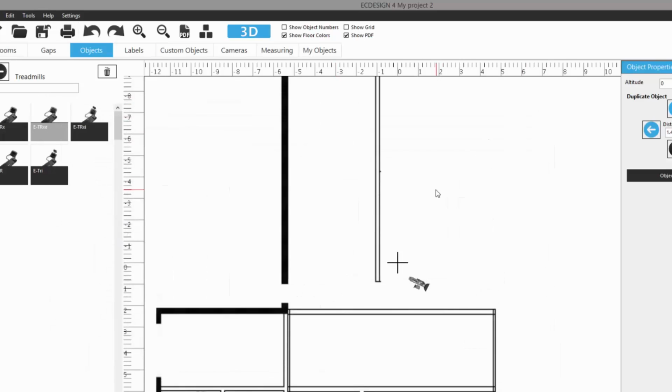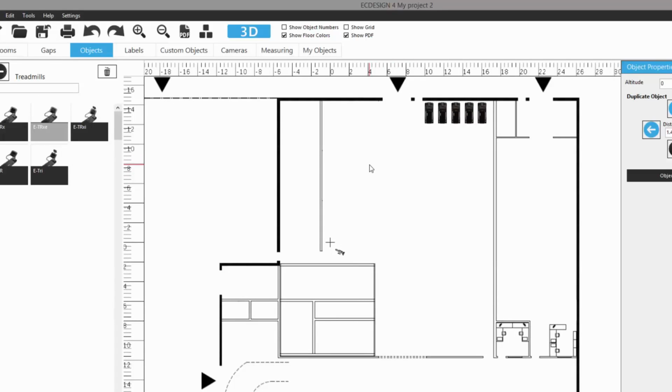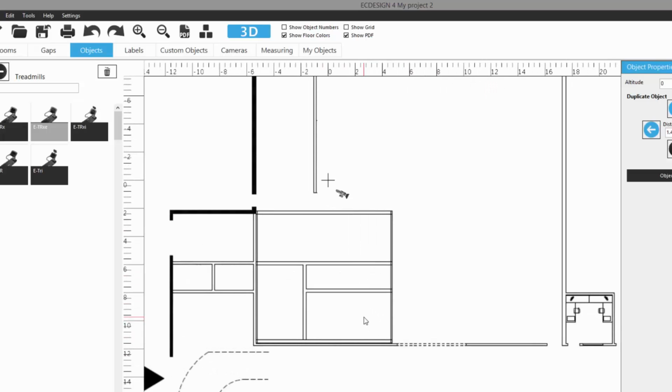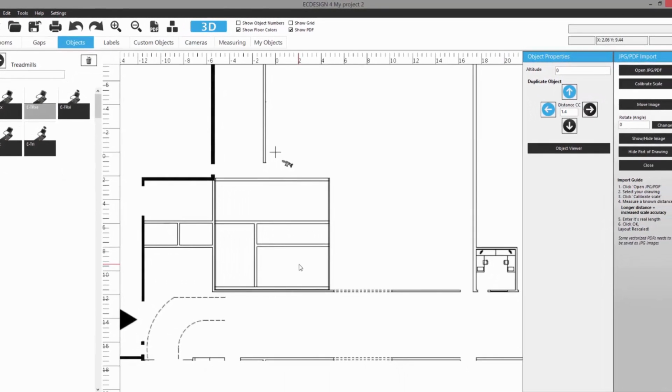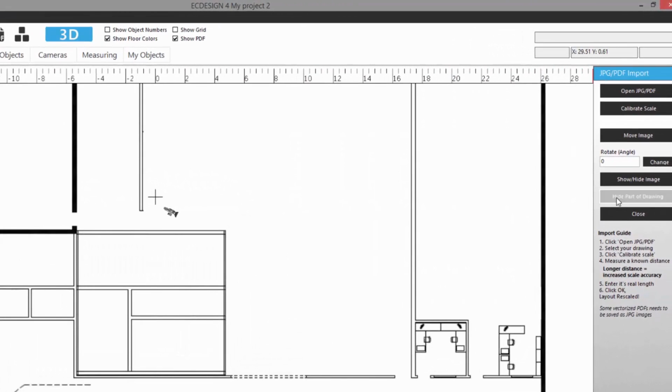If we close this, let's say I wanted just to quickly update and work with this 2D drawing and add Ecdesign objects into it. Well, here we have an office area, and in this case I want to remove that because I want it to be a functional zone later on. I could use Photoshop and do some editing on the image or the PDF before I bring it into Ecdesign, but we have something called hide part of drawing, and we're going to hide this selection. And to do that, I first need to be in the Room tab. Then I'm going to go to hide part of drawing, click on that, and then I'm simply going to click, move, and